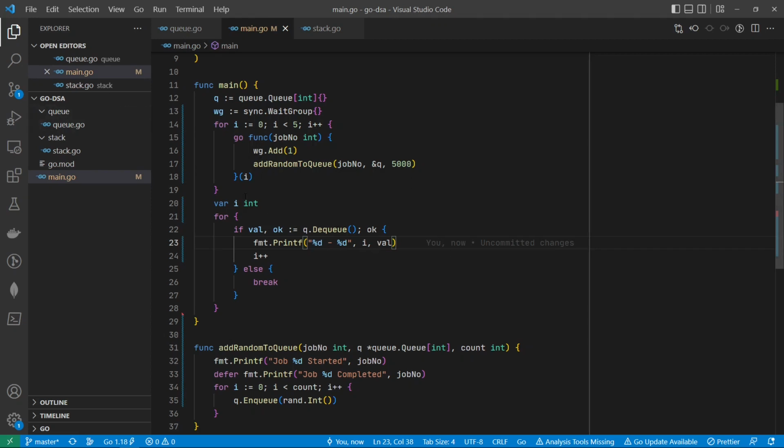The wait group is needed here because all these 5 have to start at the same time and run at the same time, but we have to wait till all of them complete. For that we are going to add 1 to the wait group whenever a new go func is running, and actually this has to happen here